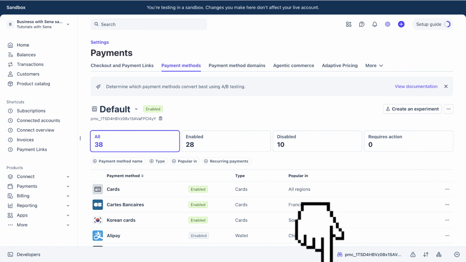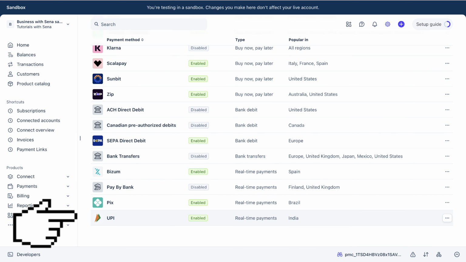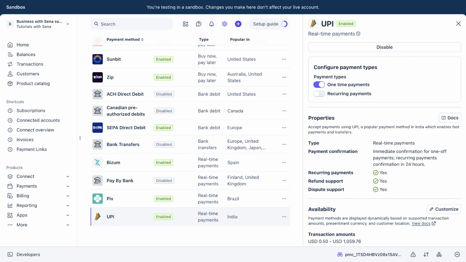On this page, you may scroll down to search for the UPI. And when you see the UPI payment option, you want to click on it. First, make sure to enable the UPI as one of the payment methods, and you will see the selection to